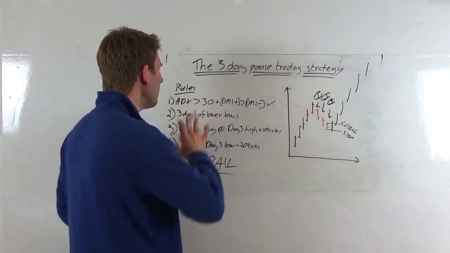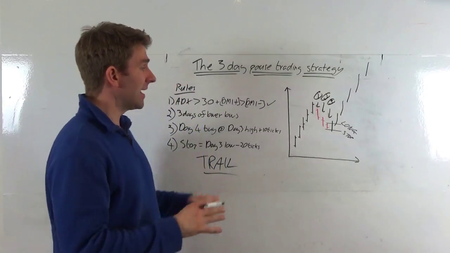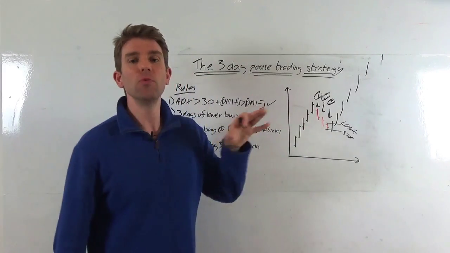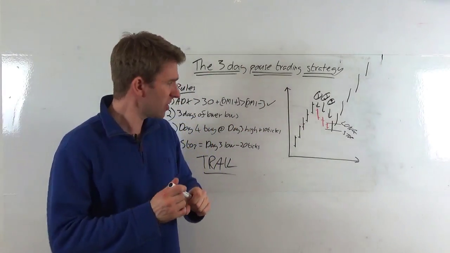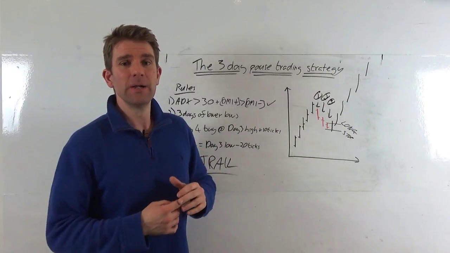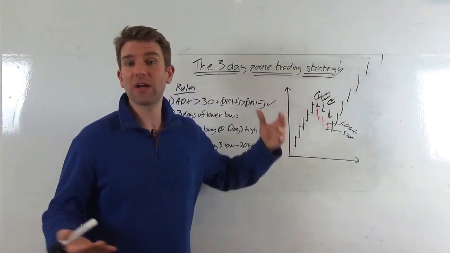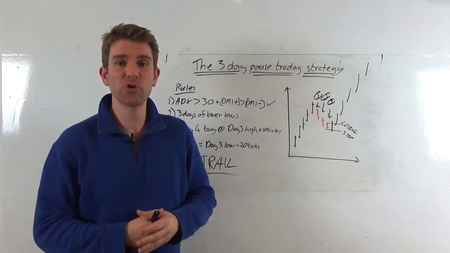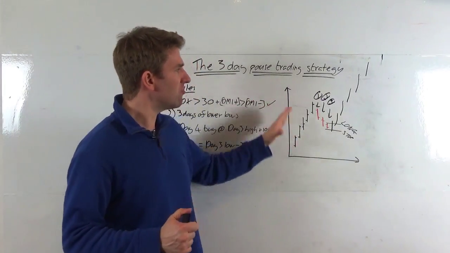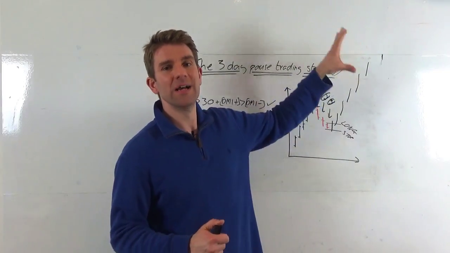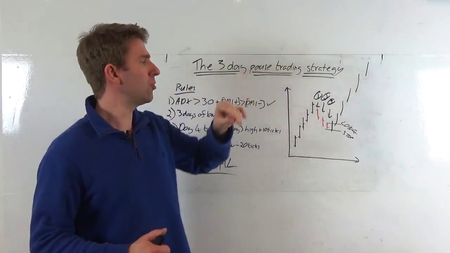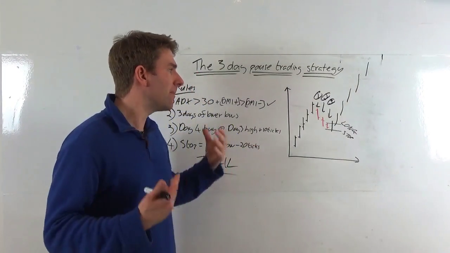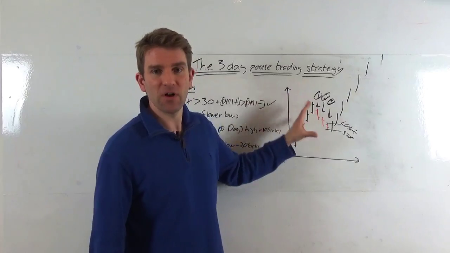Now, one thing not in these rules, but I'd like to add, is if this has pulled back more than 3 times, don't take it. That's just from my personal experience. I know that's not to say the trend can't carry on for far more, that does happen, okay? And you're going to have to eyeball the chart and see. But generally, if you've had 3 shallow pullbacks, when you're going to your 4th and 5th pullback, the odds slightly go against you. That's not to say you're not going to get it right, but I prefer a first or second time this does it